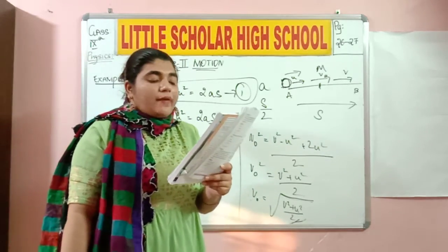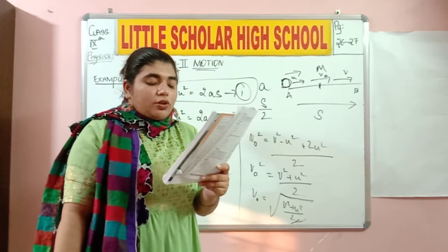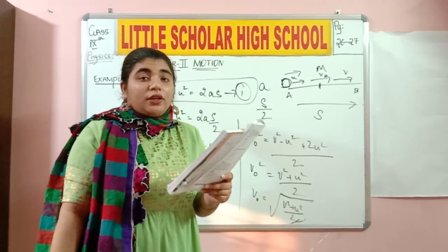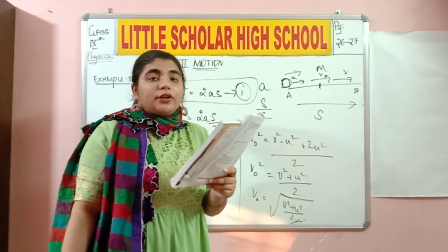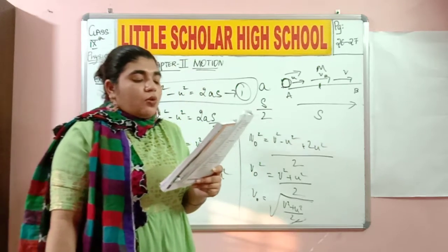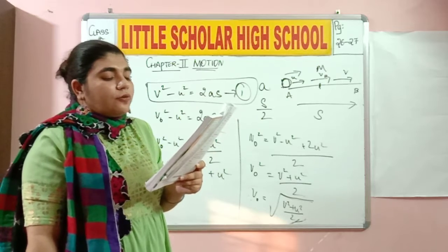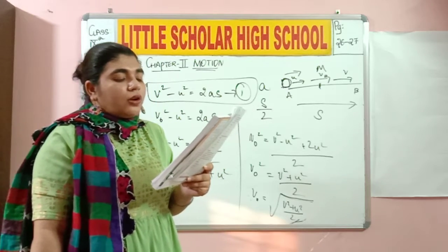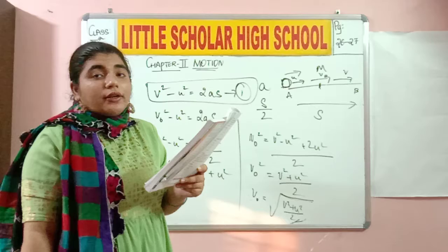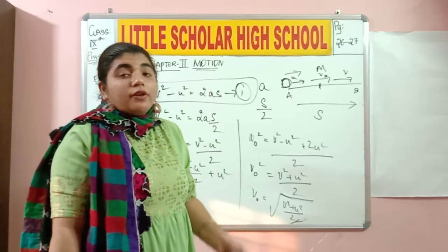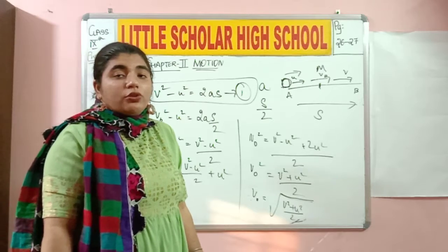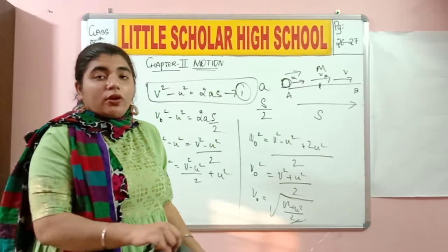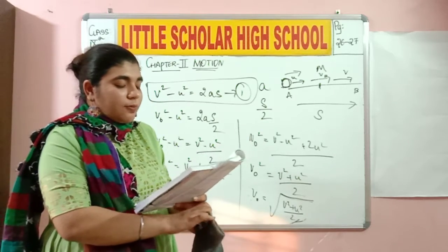A car travels from rest. If the car travels from rest, this means the initial velocity becomes 0. u is 0 with a constant acceleration a for t seconds. What is the average speed of the car for its journey if the car moves along a straight road? How do you calculate average speed? Average speed is calculated by total distance by time taken. First, you need to find out the distance. Time is already given to you. Then it becomes much clearer.